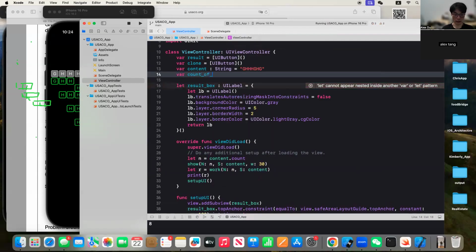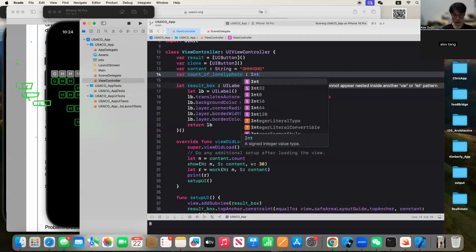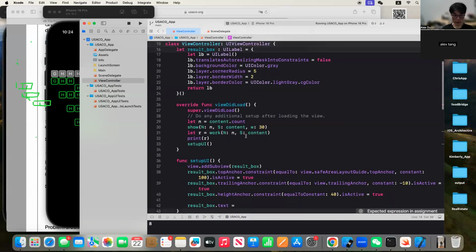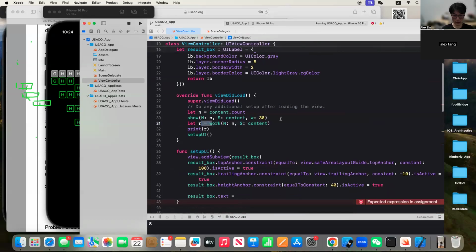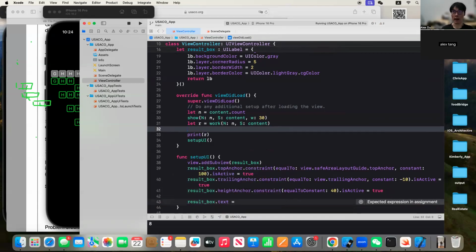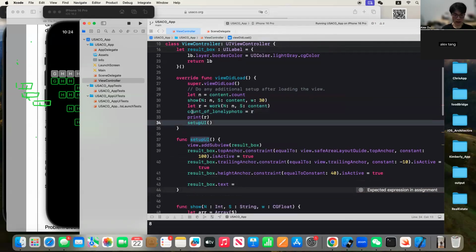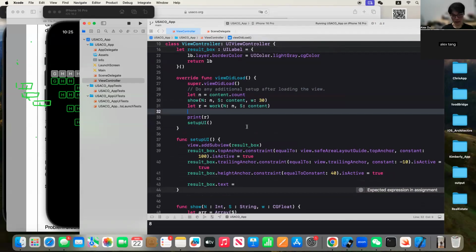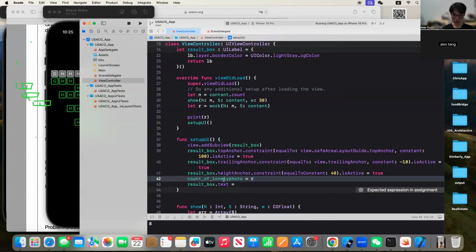count of lonely photo, right? Lonely photo is going to be an integer that starts with 0, and whenever it is done, I guess you can pass the data to it, right? So this is the number. What is that? Count of lonely photo is going to be R. And right here, since these ones are already in the system, you need to call this one here, right? And then pass